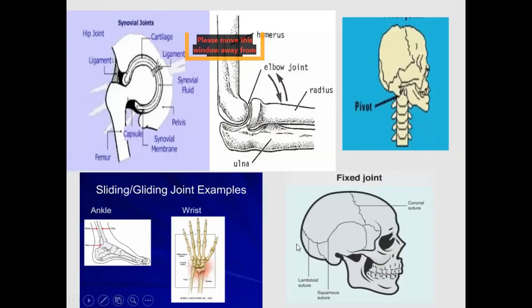Sorry, this is a fixed joint present in the skull, but the pivot joint I have already told you is present in the first two vertebrae. What type of joint is present there? It is a pivot. And where is a fixed joint? Fixed joint is present in the skull. Both diagrams are related to the skull, but this is actually the fixed joint of the skull. Here the pivot joint is represented, the first two vertebrae of the backbone. So this is the basic difference between the two. So these are all about the different types of joint.